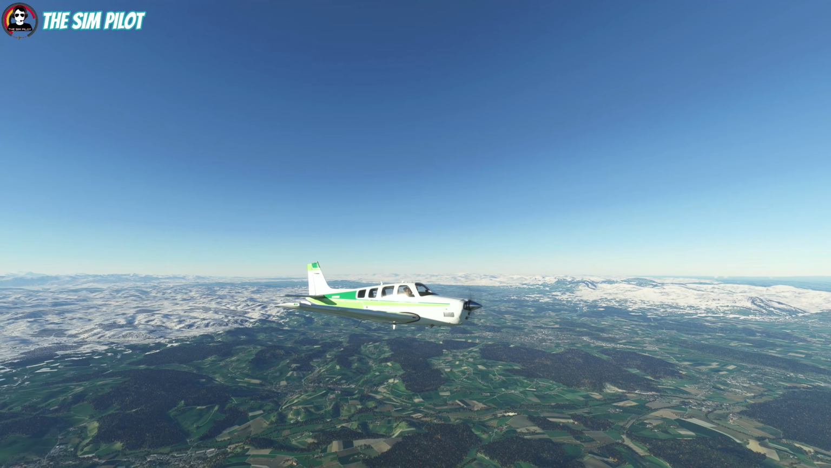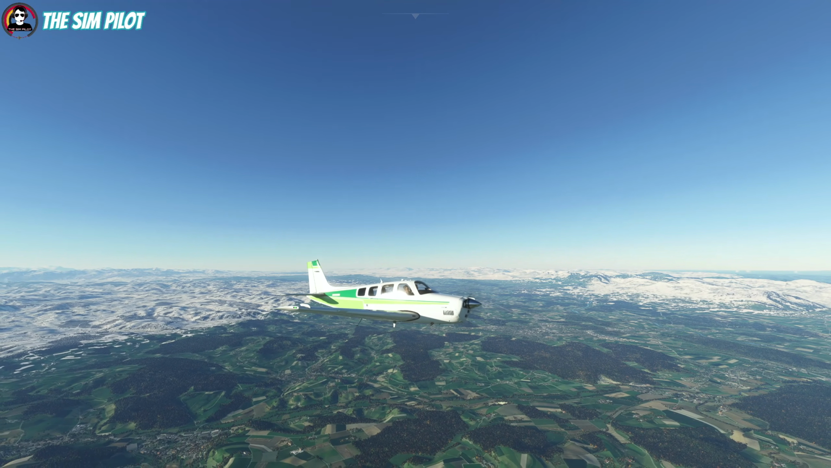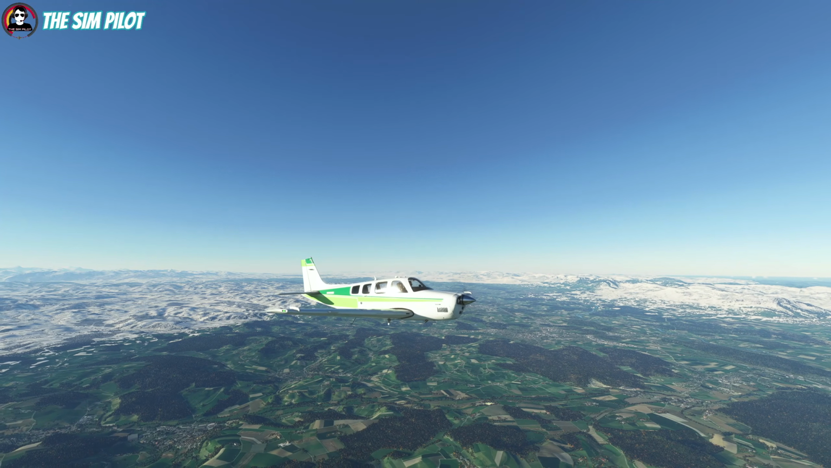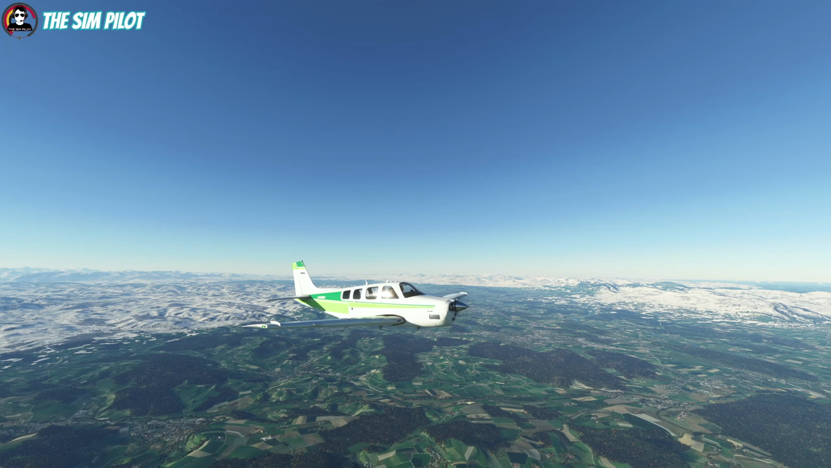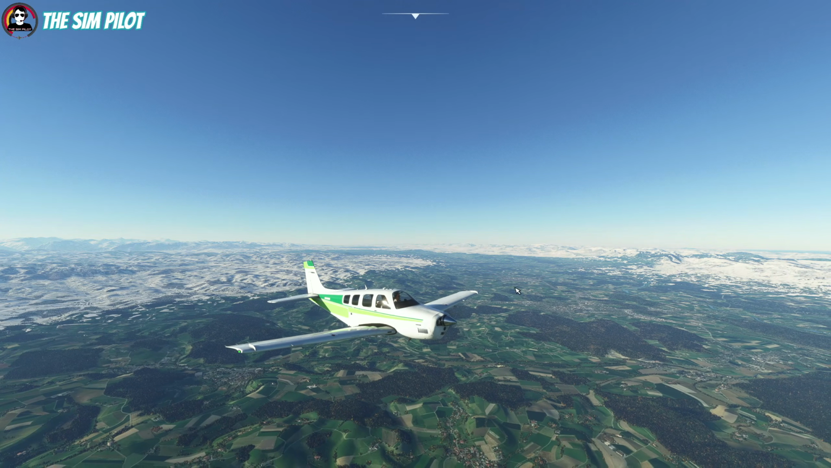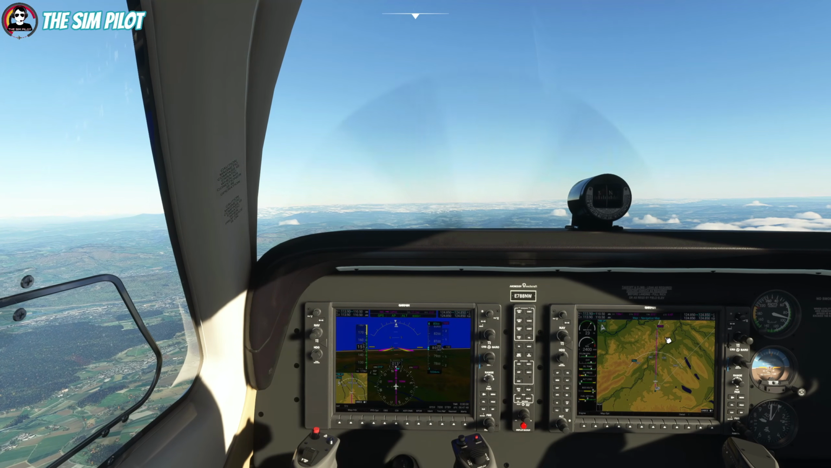Welcome back, friends. We are currently cruising at 8,000 feet on our flight plan route, and we are ready to discuss the things that we discussed and see them in action when we are up in the air. Let's jump into the cockpit. As you see, we are en route to Schiphol